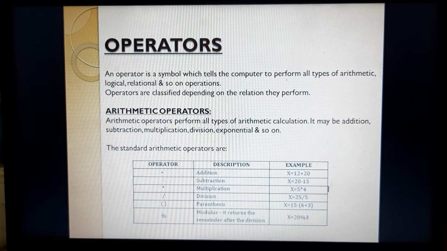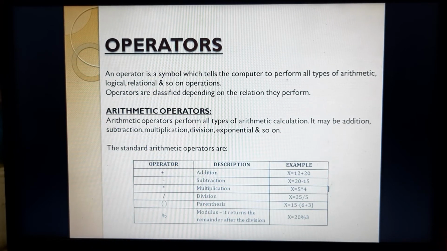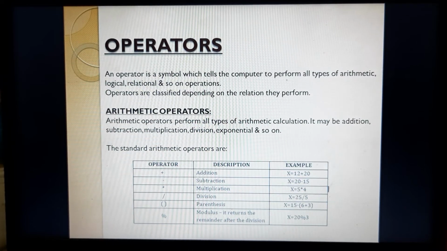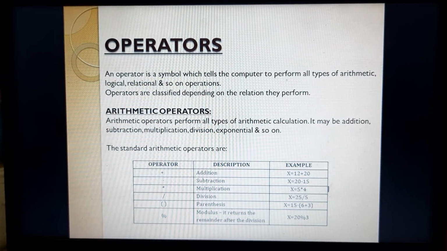If I'm using plus, plus is a symbol, even asterisk is a symbol, but these symbols are performing some operations. If these symbols are not performing any operation, then I cannot say that these symbols are operators. But when these symbols are performing some operations in a computer, all these symbols become operators.